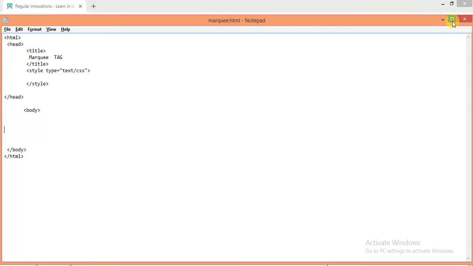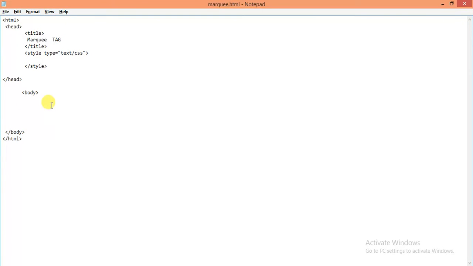So here it is, the code mode. Previously I have explained basic coding, so I don't want to waste your time, so I am directly going to the marquee coding. Marquee's first attribute will be direction. It has different directions like left. Marquee, MSR Webtech with left direction.